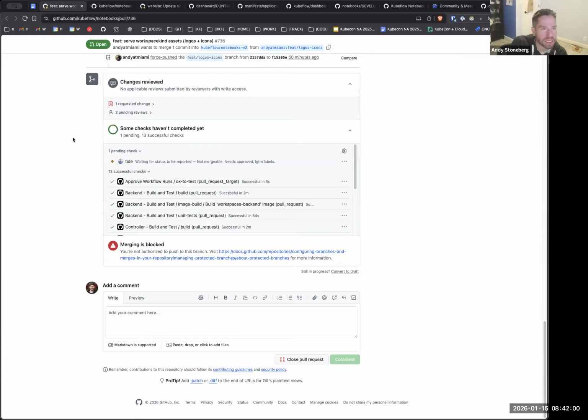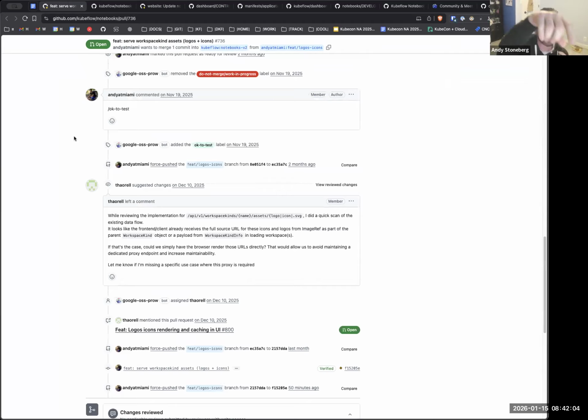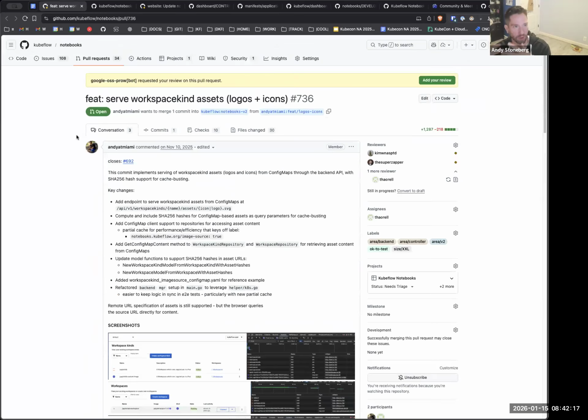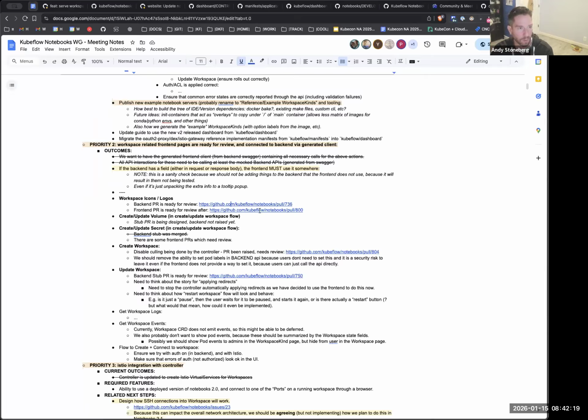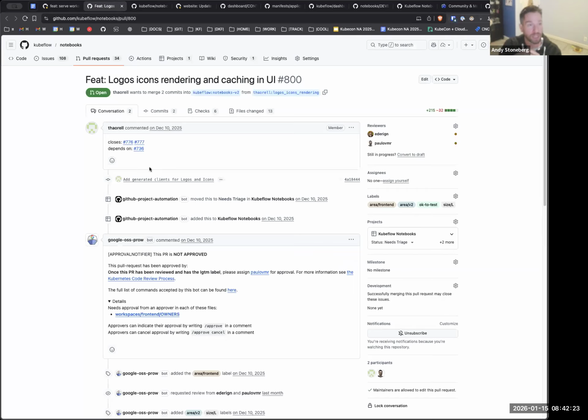Charles, keep me honest on secrets. Granted, the backend is only stubbed. I'm hoping that a lot of the concepts we're exposing in this logos and icons work, like partial caches and things of that nature, will help. Getting this PR merged will give us a good framework to get the secrets work in, because these partial cache concepts are equally relevant when we implement secrets. The front end work, I think there was one bug being fixed, but front end stuff is all there now for secrets.